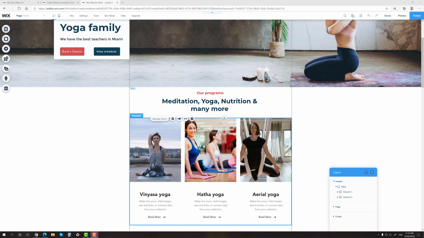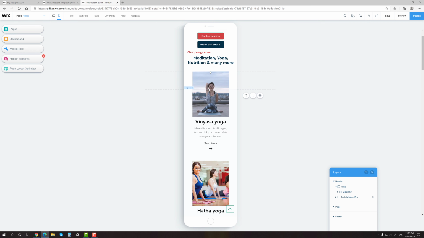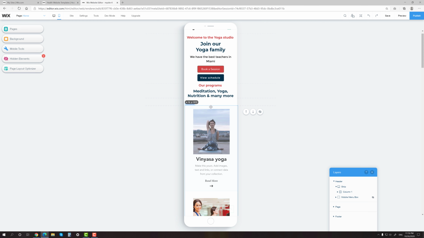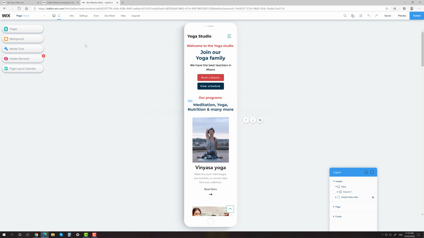Check the display of the block on the mobile version. And voila, all is ready.